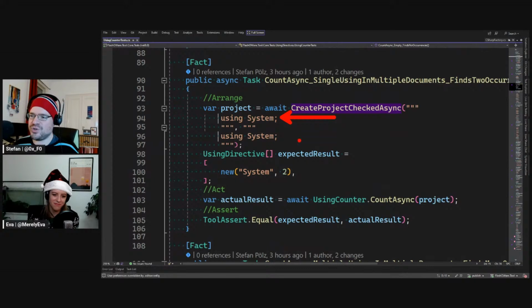We have two documents. A document, well, it's called a document because it's not necessarily a file on disk. In MS Build land, it's a file on disk. In the ad hoc land, it's just something in memory. So the abstraction over, for example, a C# or Visual Basic file is a document. And in these two documents, we have two top-level using directives, and we expect, again, with the new